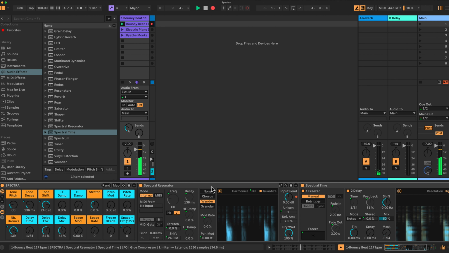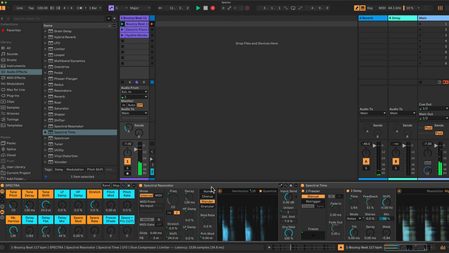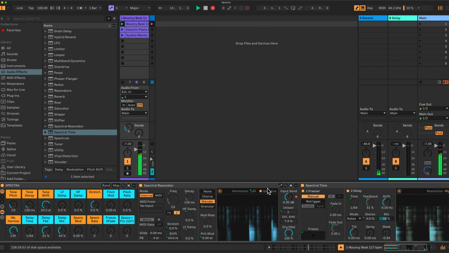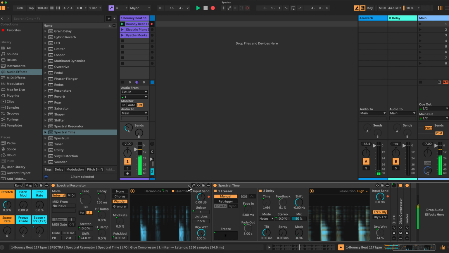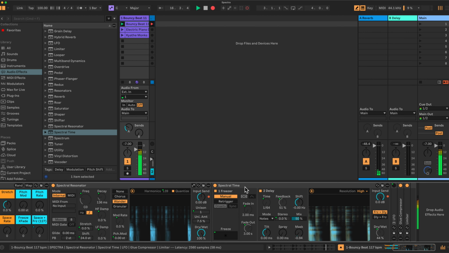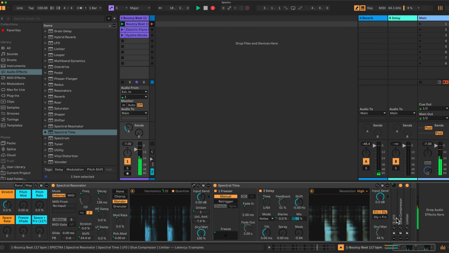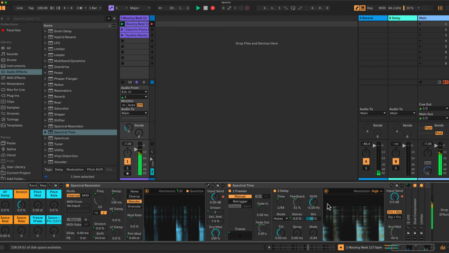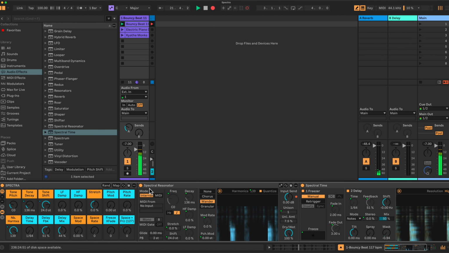A spectral resonator. As I mentioned in the intro, this rack can only be built with Ableton Live 12 Suite version. These effects are only available, unfortunately, in that version. So we have spectral resonator, we have spectral time, and then I have some other things at the back here we'll come to, an LFO, compressor, and a limiter in the rack. Simple stuff, but I'll just concentrate on these two here. Now the resonator,